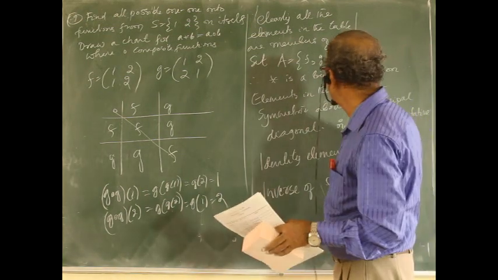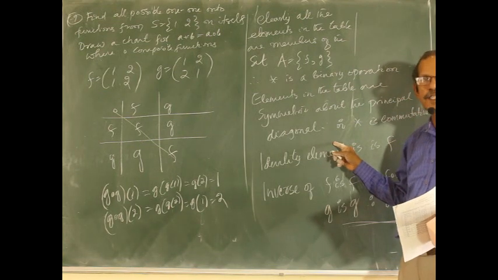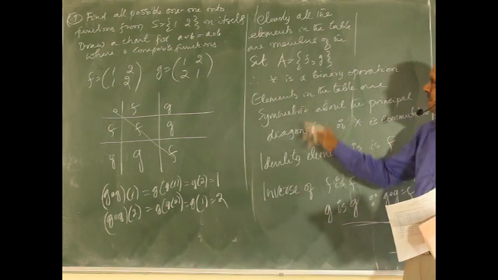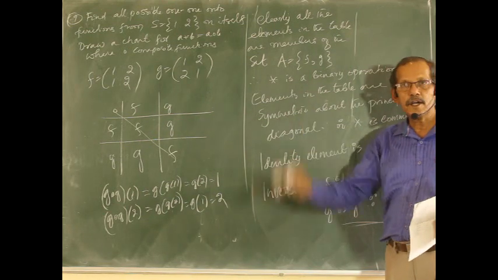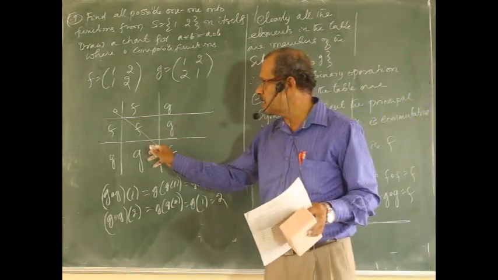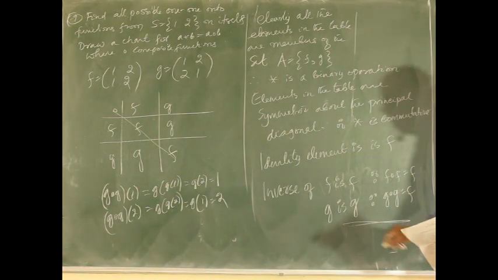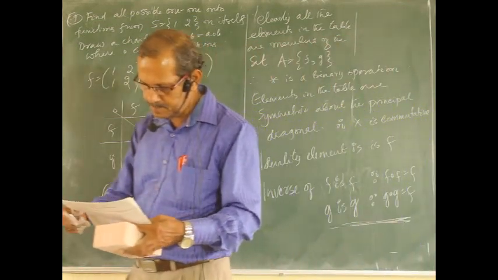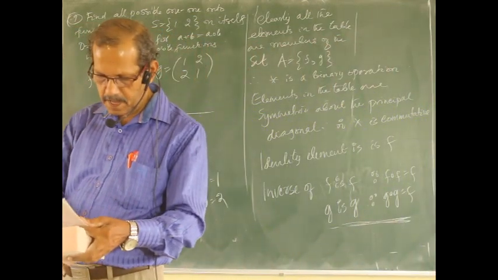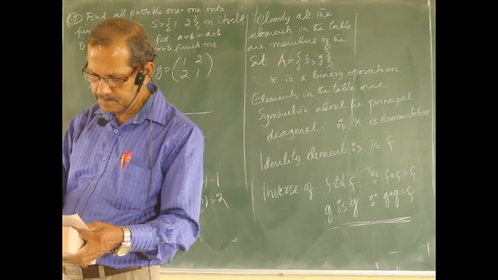Small chart, it satisfies. Actually here one more property is there, associative. It is trivial. Whenever this commutative property and remaining are satisfied, clearly you can observe that associative property is also satisfied, since it contains only two elements. So this one is the property of this permutation function. Next one.